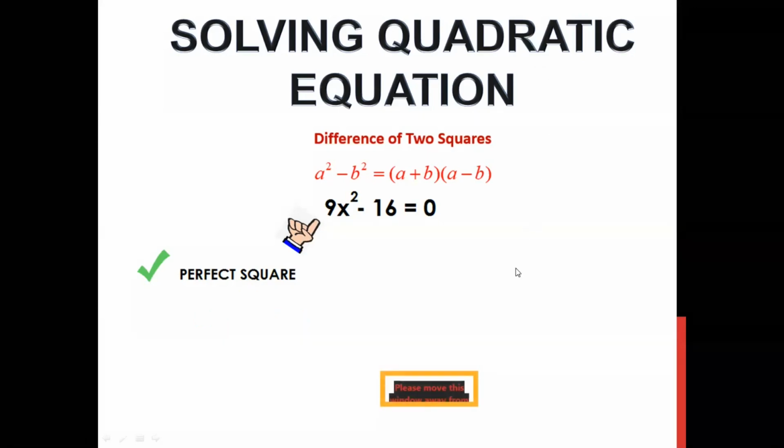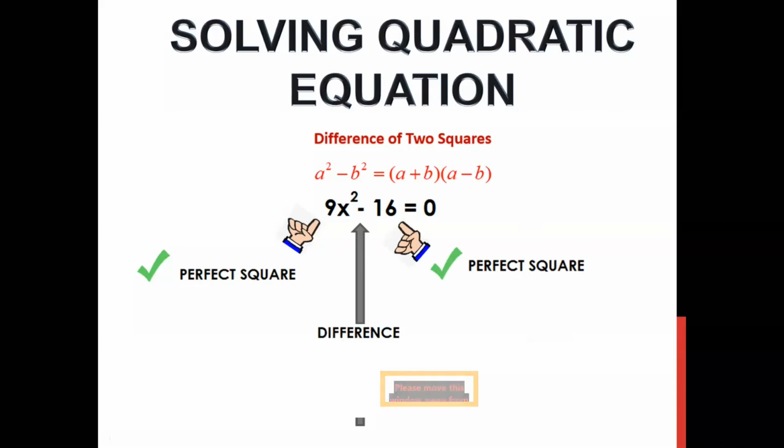Next, let's check if 16 is a perfect square. The square root of 16 is 4, so it is a perfect square. Then we have a difference, the negative symbol, that tells us this is a difference of two squares. Okay, after checking that both terms are perfect squares and the sign is negative,